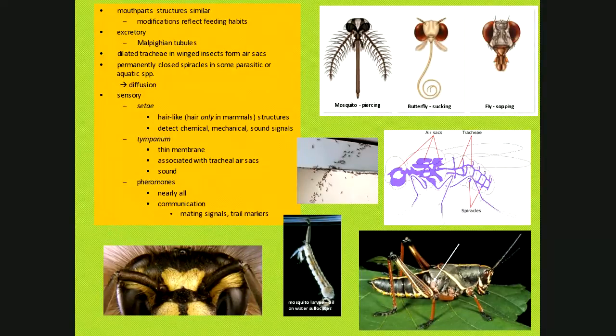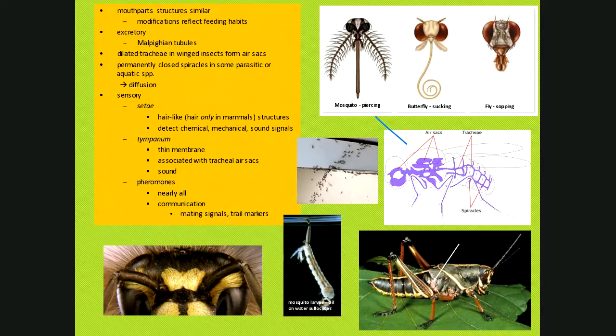Those that are flying insects, the winged insects, the trachea in many cases have been expanded into air sacs. It's very similar to the hollow bones in birds. Flying birds have hollow bones because it lightens the load. So the air sacs lighten the overall mass of the body of the insect, making it easier for it to